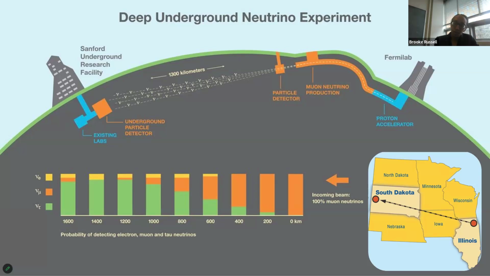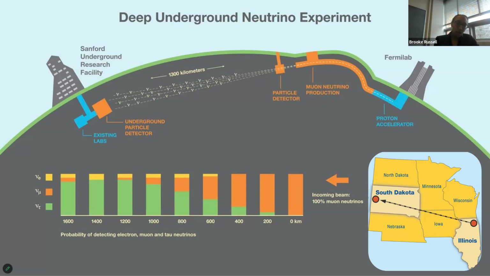It has three main components: a broadband, high-intensity neutrino beam that originates on site at Fermilab in Batavia, Illinois. Also at Fermilab is a near detector complex. And these detectors measure the flux composition of that beam before the beam has undergone significant flavor transformation. That beam is shot through the Earth, roughly 800 miles, toward the Sanford Underground Research Facility in Lead, South Dakota, the same site at which the original solar neutrino measurements were taken.